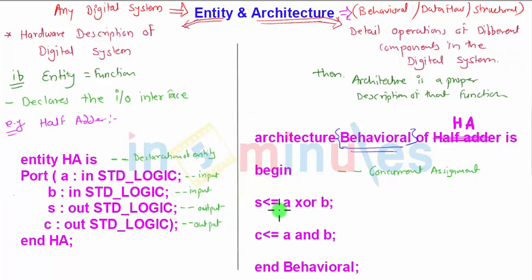For this concurrent statements I have to assign a process, so that will be in the behavioral modeling part. We'll see in the next session. So we'll take the same example, half adder, and we will find the whole program in VHDL language for the half adder in behavioral modeling, data flow modeling and structural modeling in the next sessions within 5 minutes.